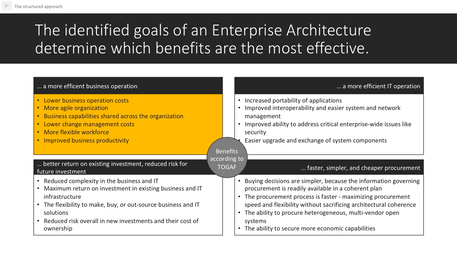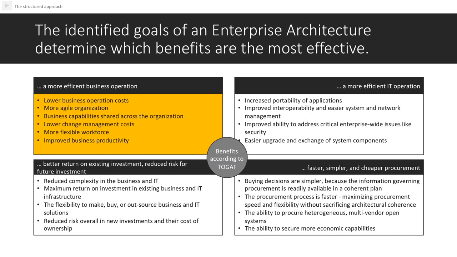Key is the enormous benefit of adequately documented business processes. An enterprise architecture which enables an understandable documentation of business processes, including process demarcation and interfaces, is a source for a common understanding regarding those processes for all stakeholders in the enterprise. More often than not, it enables the identification of potential for optimization regarding the business operation. More agile organization and business capabilities shared across the organization.